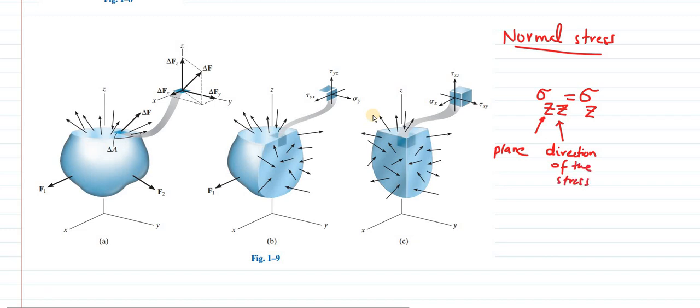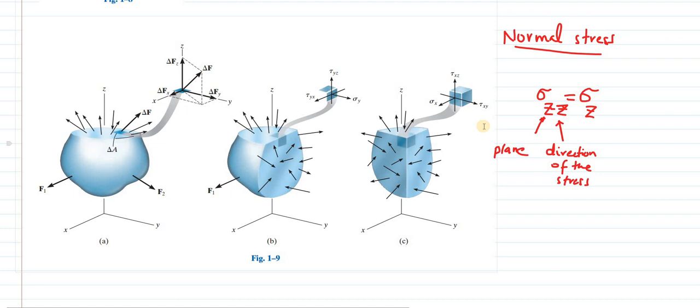On the direction of the stress. When we say the first subscript denotes a plane, it actually represents the normal to the plane. So we have considered this plane, and a part of it is delta A. Delta A has a normal directed along the z-axis. That's why we are calling this plane the z-plane. So sigma zz would be the complete representation, where the first z represents the plane on which it is acting, the z-plane, and the second z represents the direction of the stress. It is in the z direction.